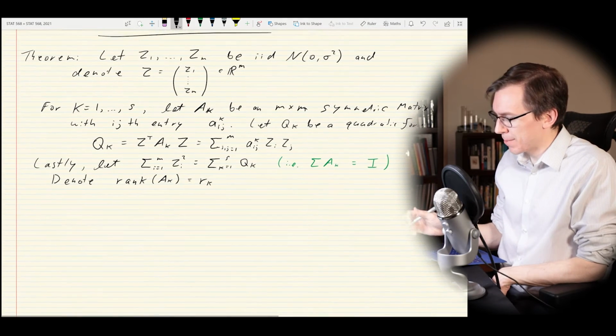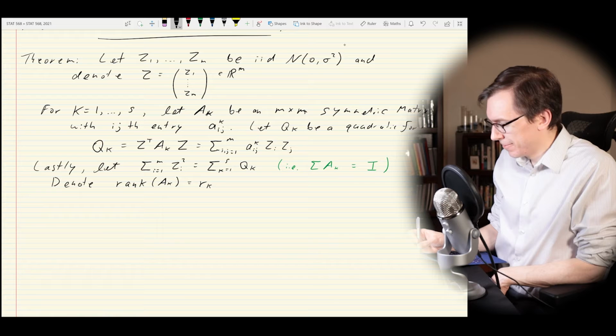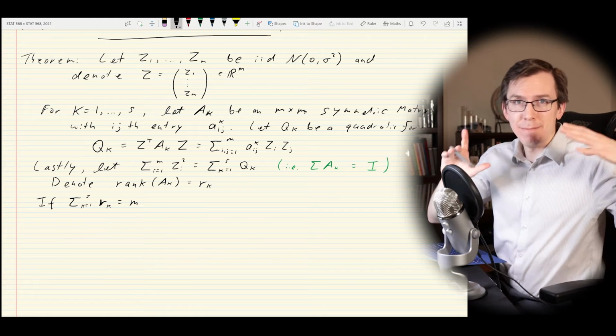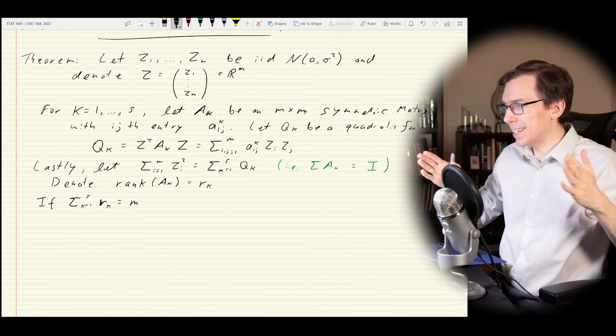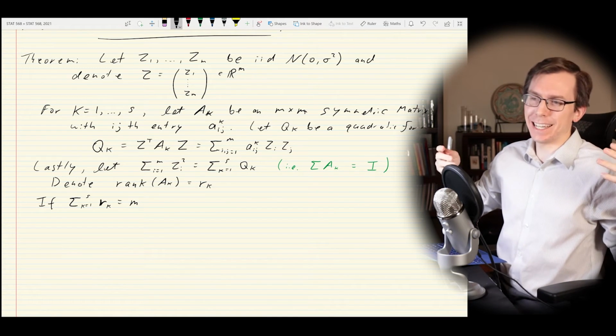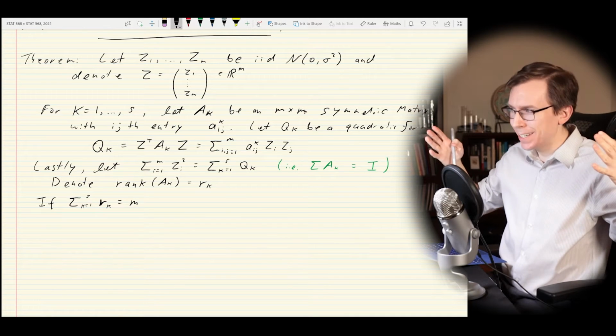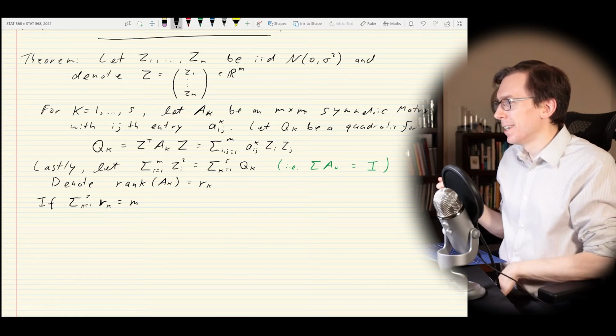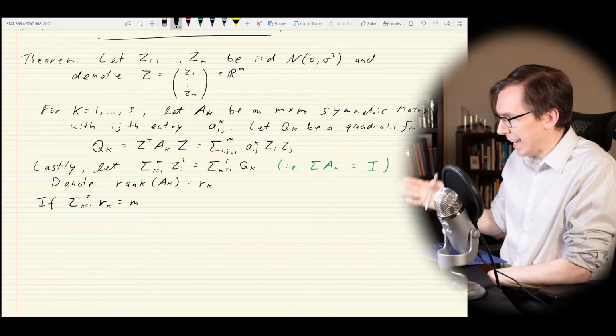This is all just the setup. We'll say then, if the sum k from 1 to s of r_k is equal to m, which is the dimension of the matrix. So if the ranks sum up to m, remember an m by m matrix can have at most rank m. In this case, it's going to have some rank less than m. But if they sum up to be exactly m,